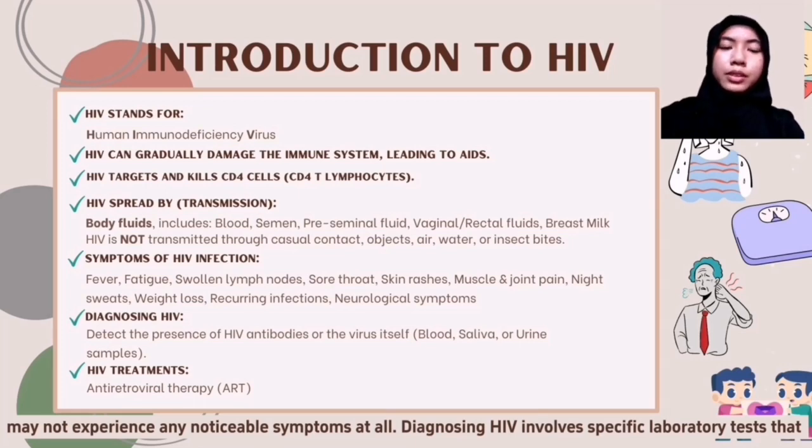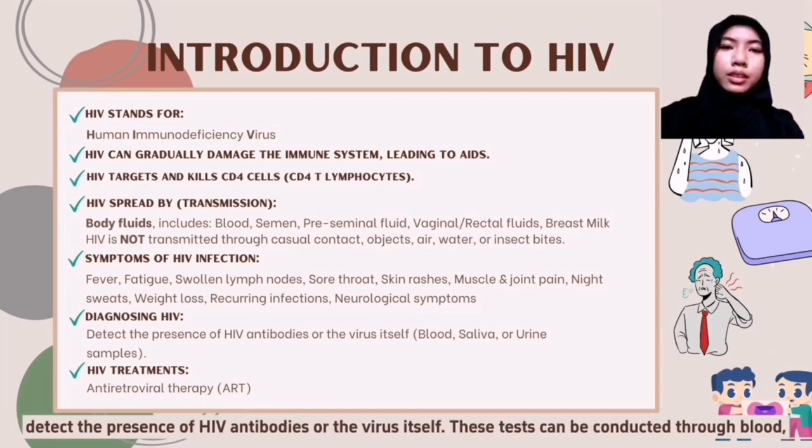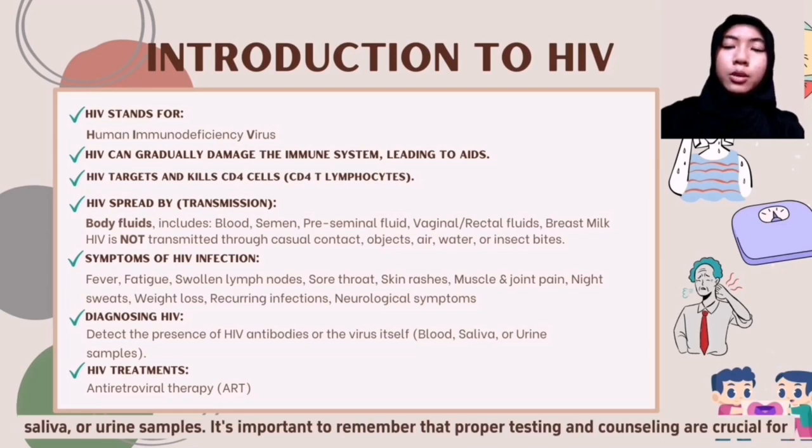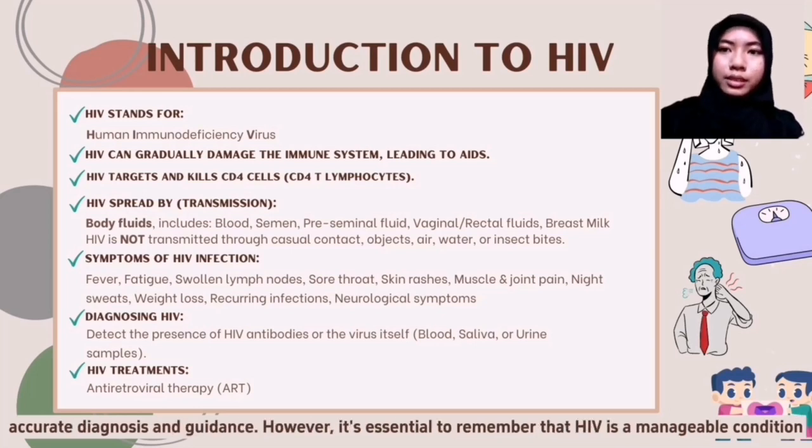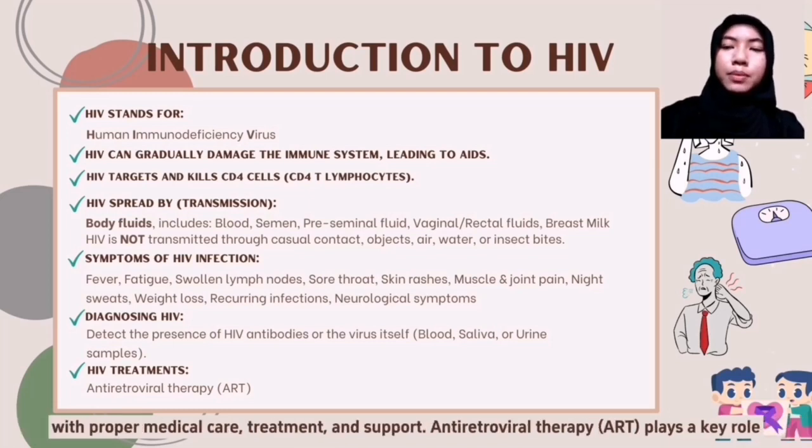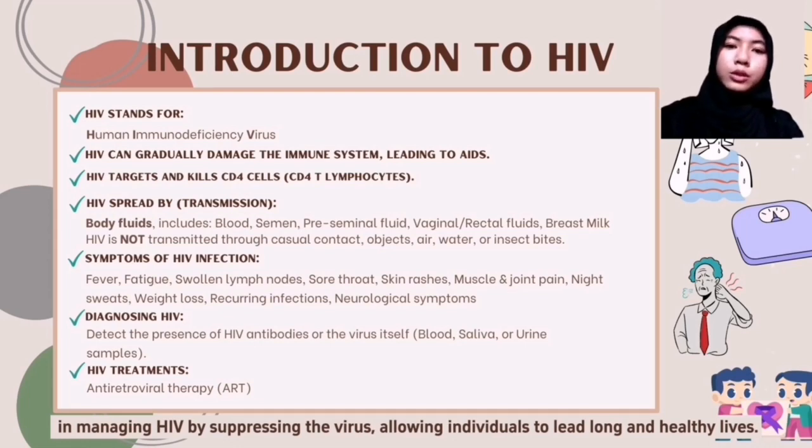Diagnosing HIV involves specific laboratory tests that detect the presence of HIV antibodies or the virus itself. These tests can be conducted through blood, saliva, or urine samples. It's important to remember that proper testing and counseling are crucial for accurate diagnosis and guidance. However, it's essential to remember that HIV is a manageable condition with proper medical care, treatment, and support. Antiretroviral therapy, ART, plays a key role in managing HIV by suppressing the virus, allowing individuals to lead long and